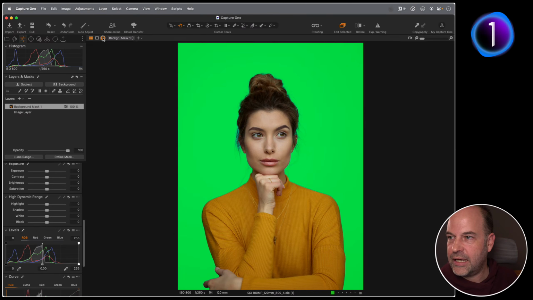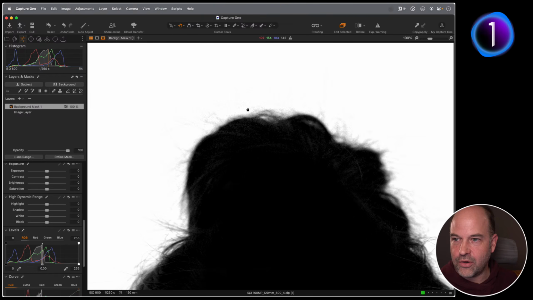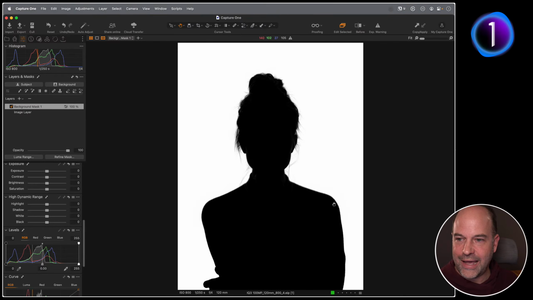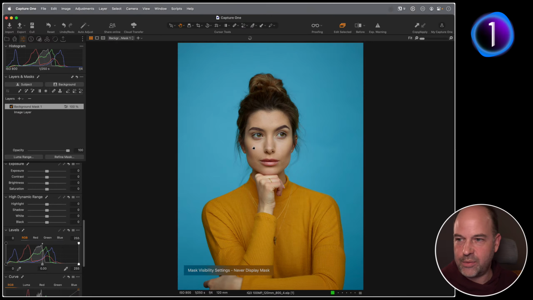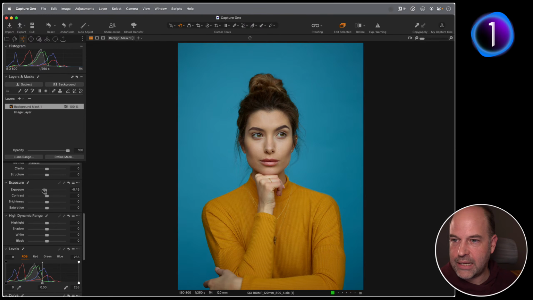Looks pretty nice. If we go to say display grayscale mask, we get that. Got kind of nice refinement around the hair and the edges and so on. So it gives us plenty of scope to be able to then mess around with this. Let's say we want to make it a little bit darker, maybe more saturated, tweak the color and so forth. So that would be the modern way to do it, if you like.